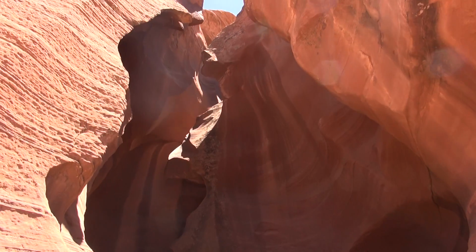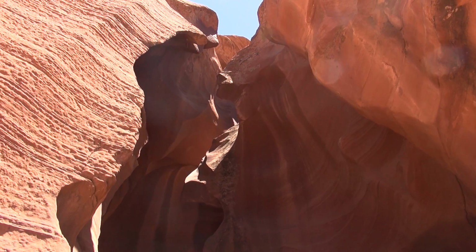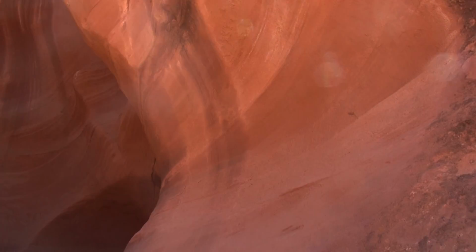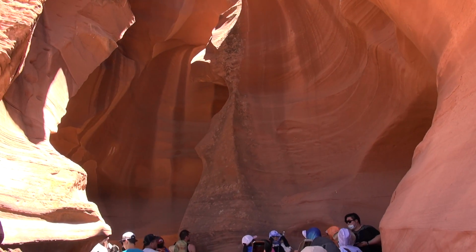Inside the rocks. This happens when we get these big flash floods coming through during our summer months here. It's basically our rainy season, which starts this month and continues all the way up to September. We get on average 1 to 12 flash floods that come through during that time span. They can range in height from your ankles all the way up to the very top, sometimes even overfilling